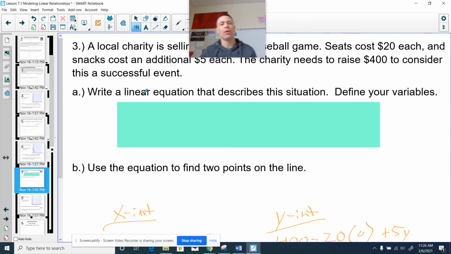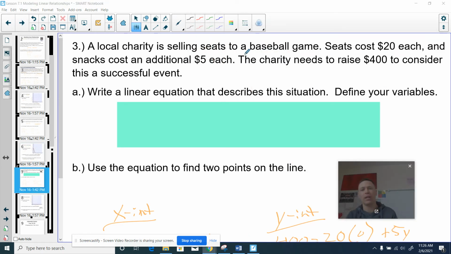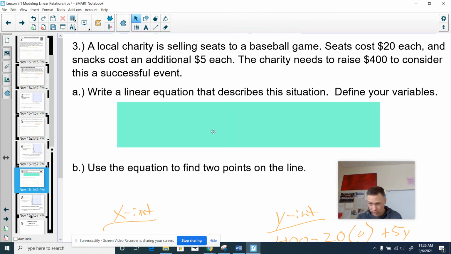Okay, next problem. A local charity is selling seats to a baseball game. Seats cost $20 and snacks cost $5 additional dollars. The charity needs to raise $400 to consider this a successful event. Same type of scenario, right? So for this one,